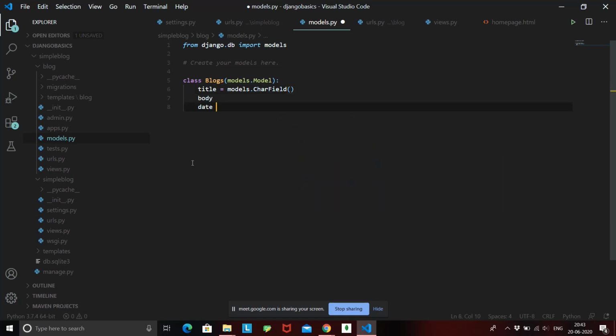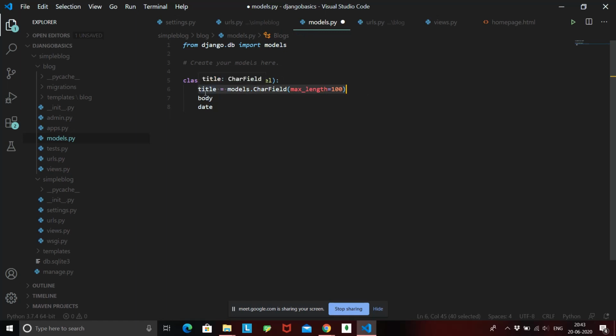CharField. So what is CharField? This is basically a field inside our table which tells Django what type of value we need to store inside this title. Title means character field. We are going to store a string. Strings are basically stored using CharField, and CharField takes a parameter that is max_length. So what should the maximum length of your title be? I'll say 100 characters. Okay, so this is how you create an attribute inside a class in Django.